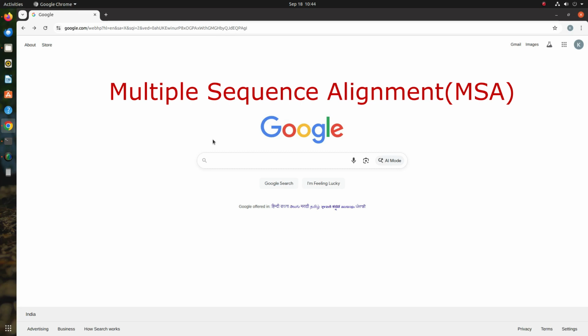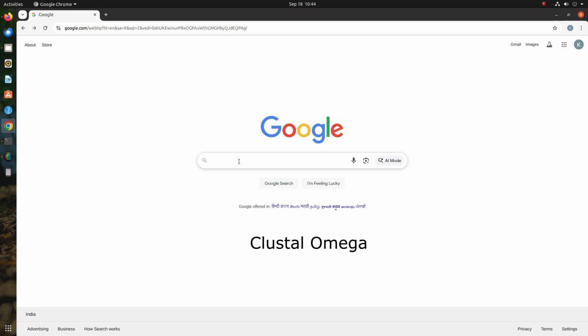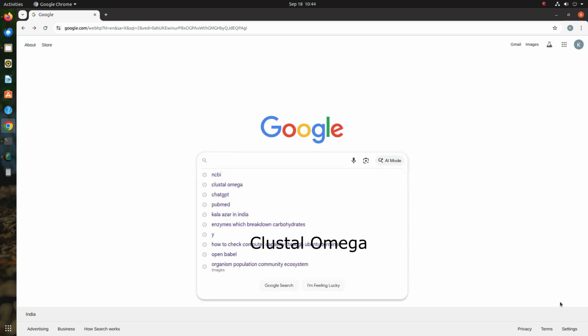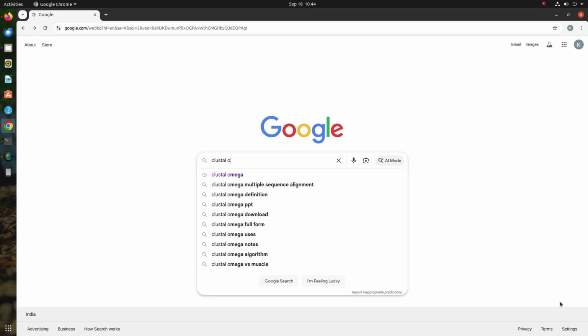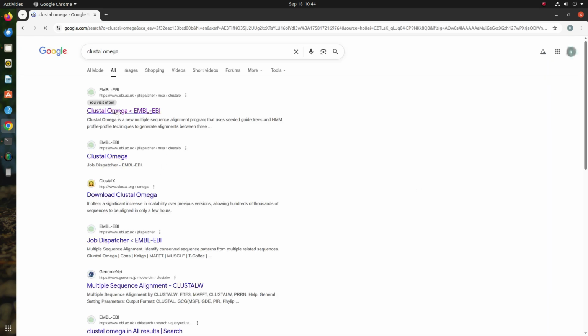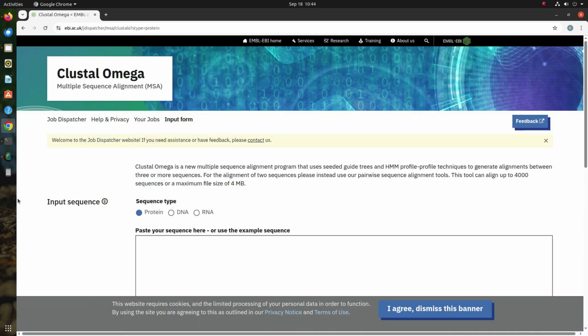To perform a multiple sequence alignment, we need to enter into a tool called Clustal Omega. So I am going to Google search and typing Clustal Omega. By entering Clustal Omega, here you can observe that Clustal Omega is a multiple sequence alignment program that is based